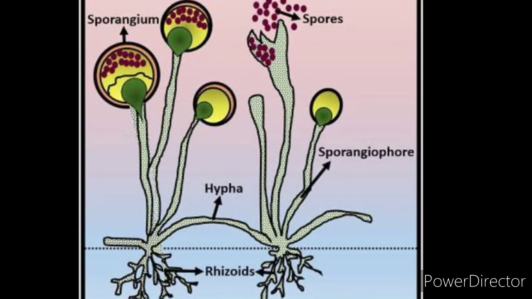Next is asexual reproduction. Asexual reproduction is the development of offspring from a single parent without the fusion of gametes. That is, one single parent gives rise to the individual or the offspring, which is called asexual reproduction. Now, we know that cell division is of two types, mitotic division and meiotic division. In asexual reproduction, only mitotic cell division takes place and meiosis does not take place.